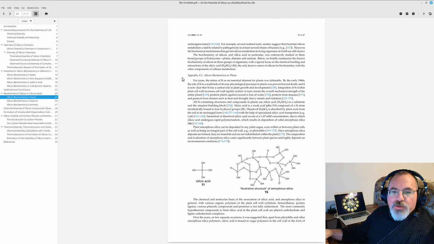Appendix A1, Silicon Biochemistry in Plants. For years, the status of silicon as an essential element for plants was debatable. By the early 1980s, the role of silicon in multiple diverse physiological processes in plants was proven beyond doubt, and it is now clear that silicon has a central role in plant growth and development. Integration of silicon within the plant wall